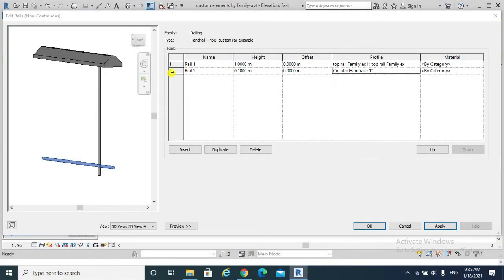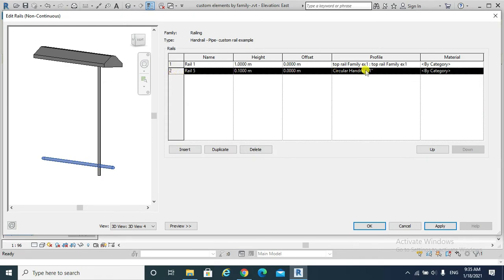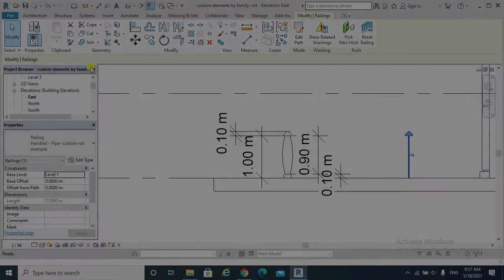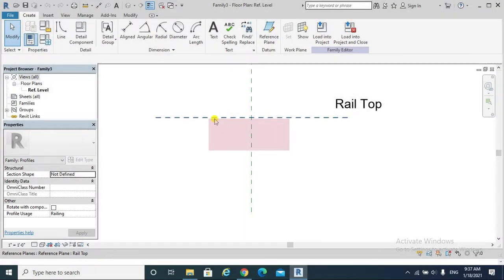Same process will be followed for the bottom rail profile. I will change the circular handrail 1 into my own profile. File, New, Family. Now please pay attention that the area we should create our profile of the bottom rail to be here. So from line,